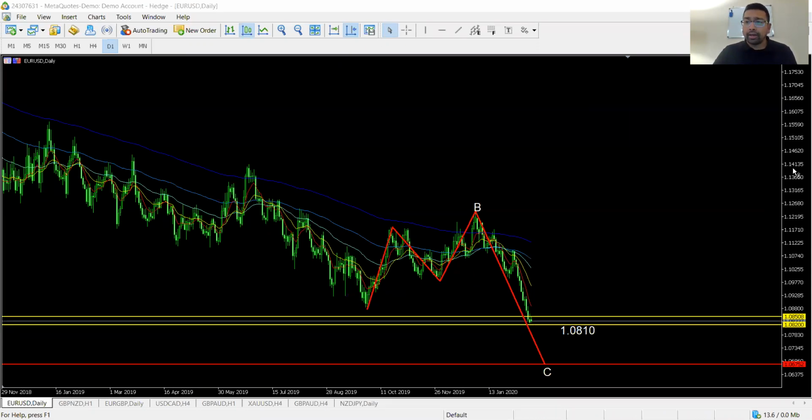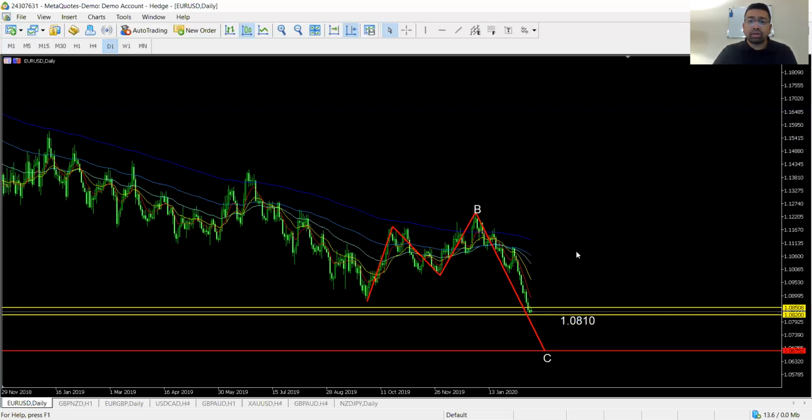I have got a bit of a surprise pattern here. We finished the ABCD bearish pattern. From the B point here, you have got a zigzag that has actually completed. But right now, what I am looking at is a potential of further fall of the Euro USD following the sharp, the bearish, we call it the bullish pattern. It is bearish from B to C, but now I'm looking at price is currently in between